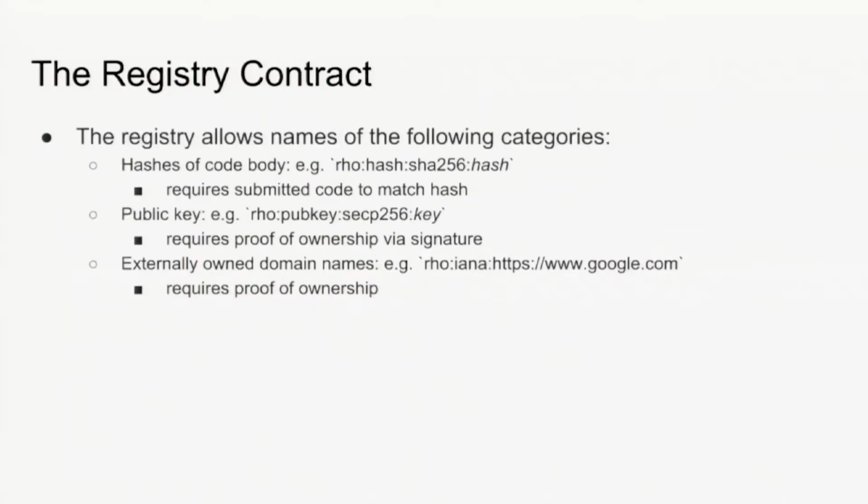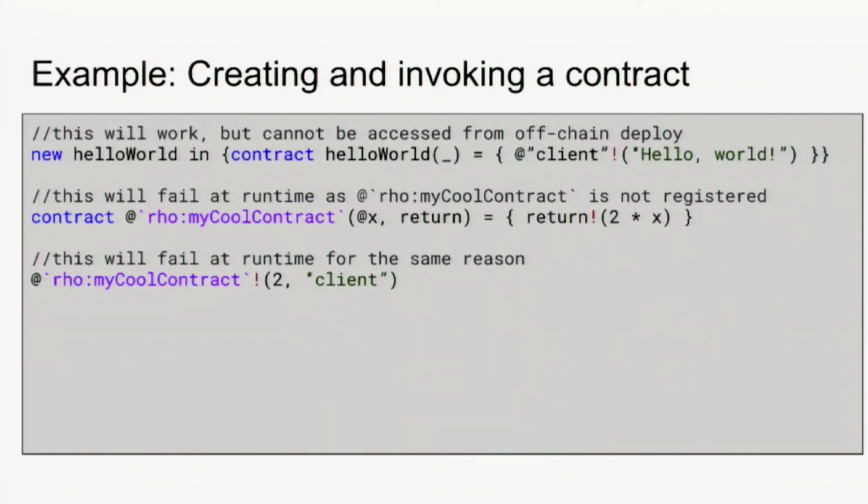So we have hashes, public keys, and IANA, although I don't know that we'll use URLs, but instead they'll just be the domain name because of DNS records. So this was actually an interesting example. The first example, if you were to deploy that, constructs a contract listening at an unforgeable name. When we get the garbage collector done correctly, we will see that no one can ever write to that name, and we'll just throw it away because it's behaviorally equivalent to nil, because nothing can ever make it do anything.